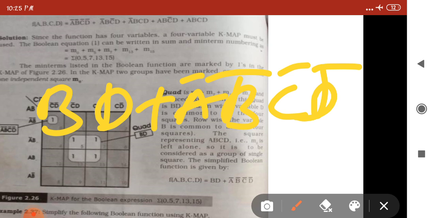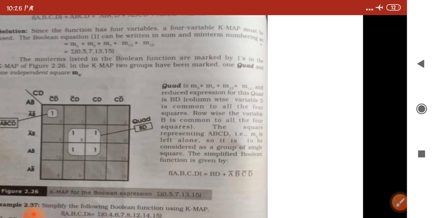We can use it in the K-map. Otherwise, can we write it like that also? Here also we have to simplify this one. If you know the Boolean expression and how to simplify, you can do it very fast. Yes, this is the way to solve K-maps, right, in the 4 variables.